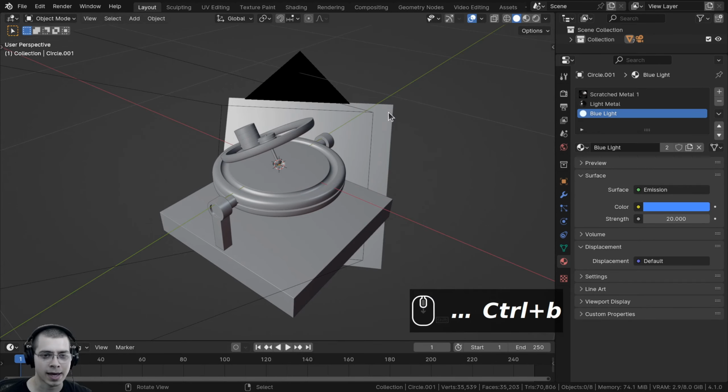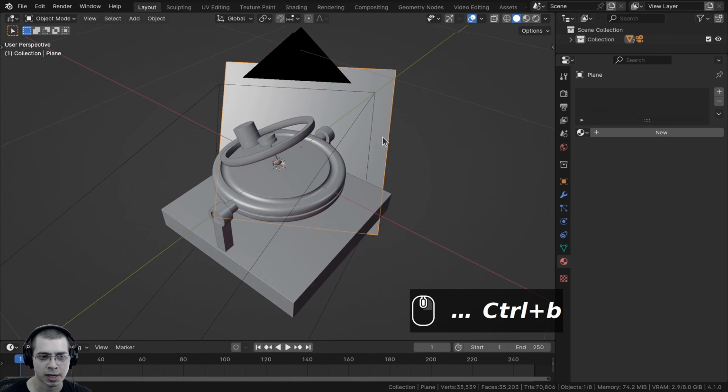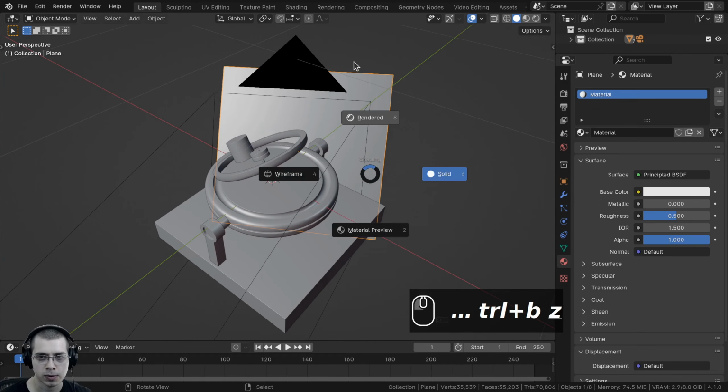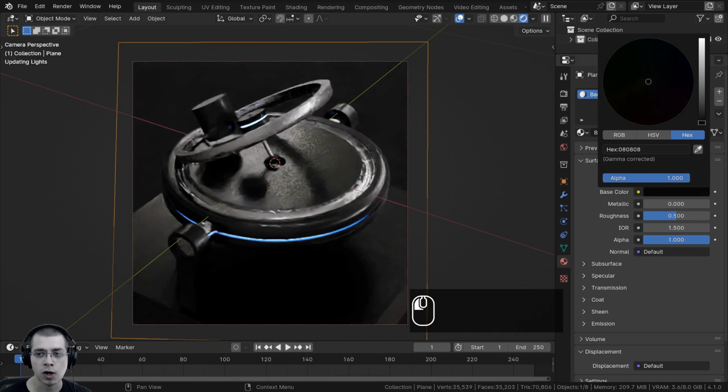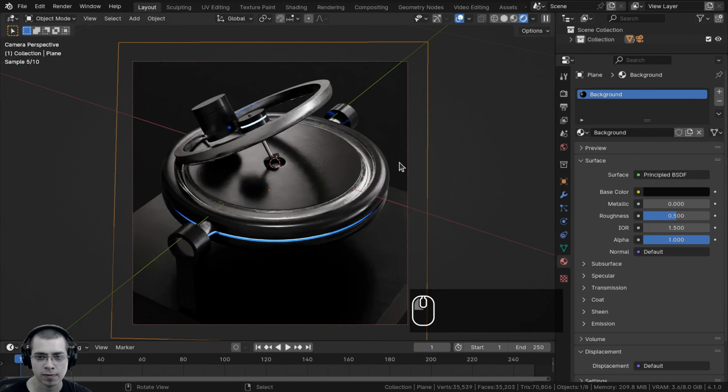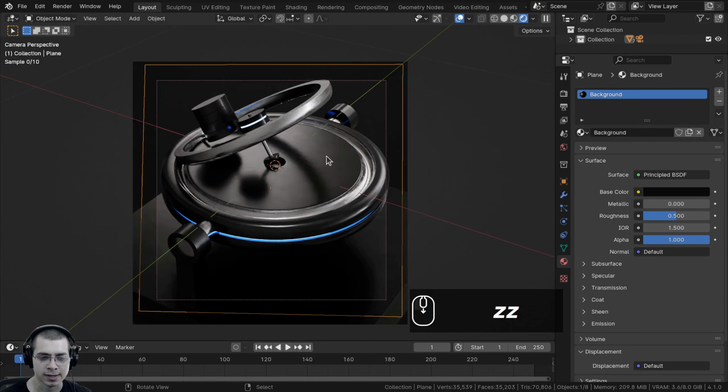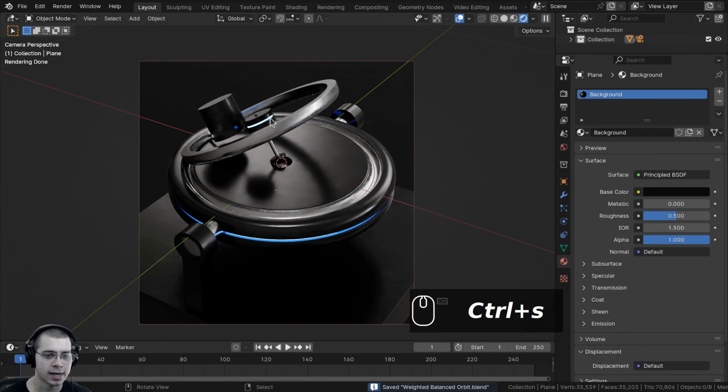And then let's also add a background material. So this material is going to be pretty simple. We'll just click on new to add a new material. I'll rename this to background. And for this background color, I'll go to the base color and I'm going to make this almost fully black, so just very, very dark. And I'll leave all the other settings how they are. Let's press Ctrl S to save,